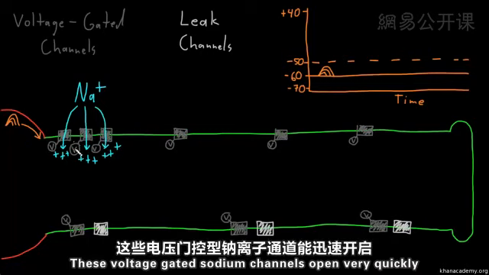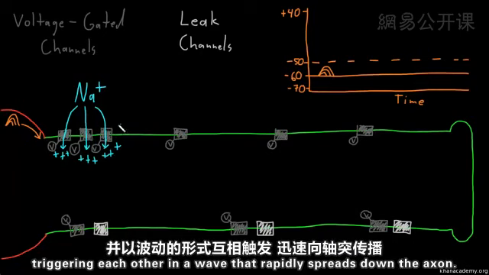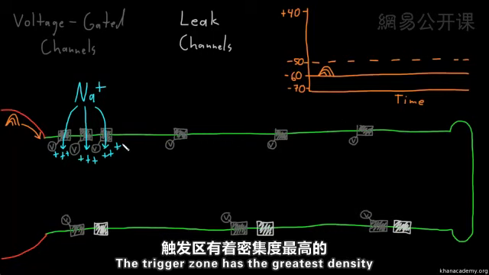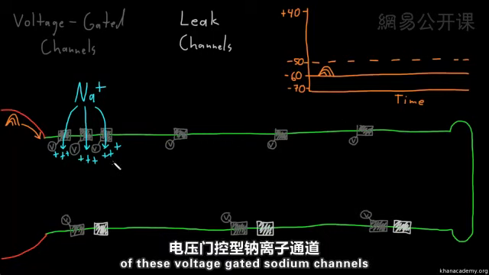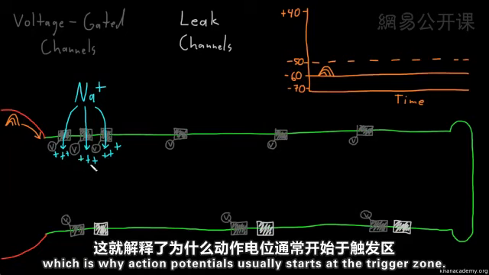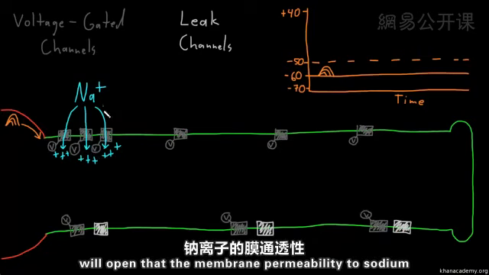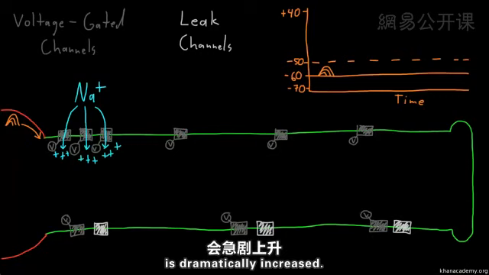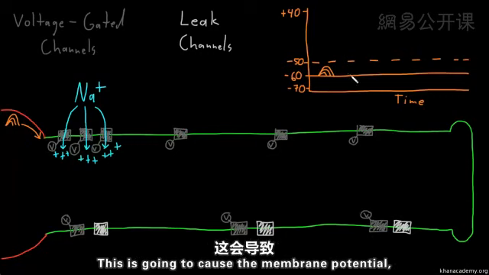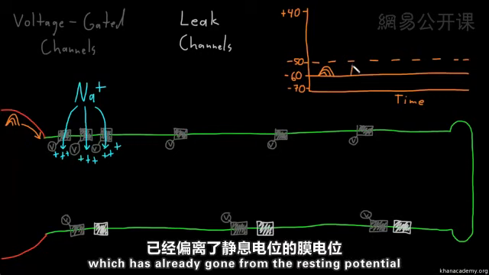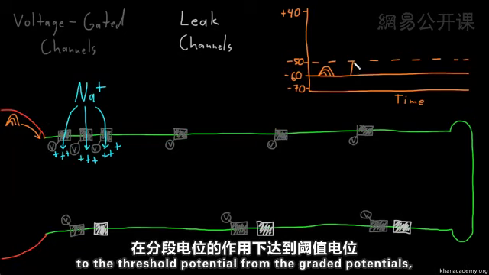These voltage-gated sodium channels open very quickly, triggering each other in a wave that rapidly spreads down the axon. The trigger zone has the greatest density of these voltage-gated sodium channels, which is why action potentials usually start at the trigger zone. So many of these voltage-gated sodium channels will open that the membrane permeability to sodium is dramatically increased. This is going to cause the membrane potential, which has already gone from the resting potential to the threshold potential from the graded potentials,